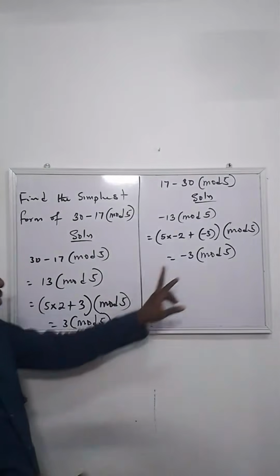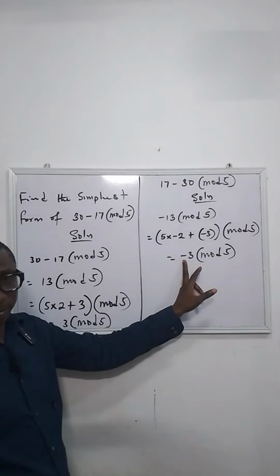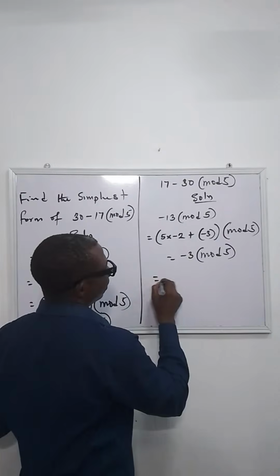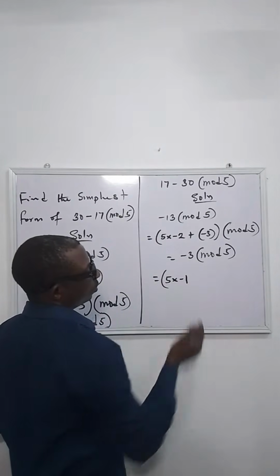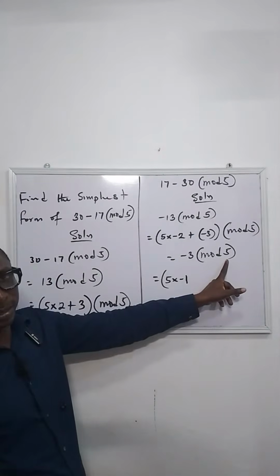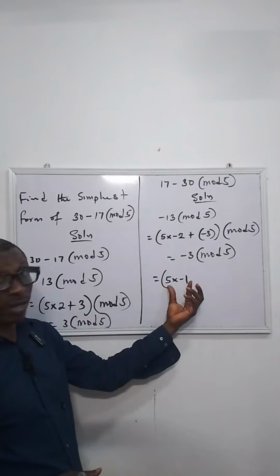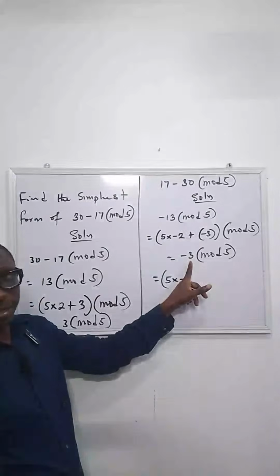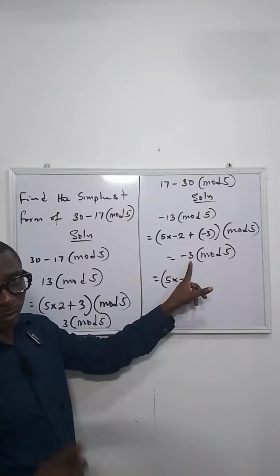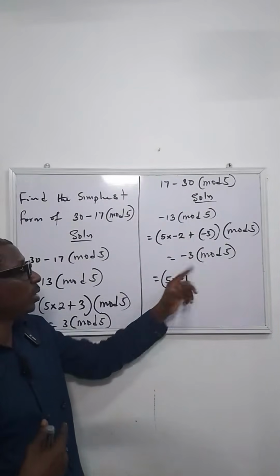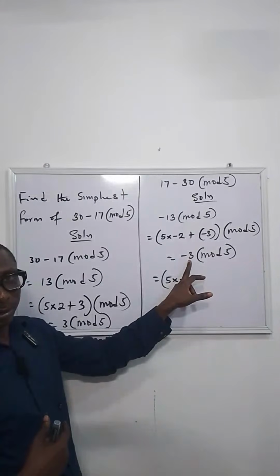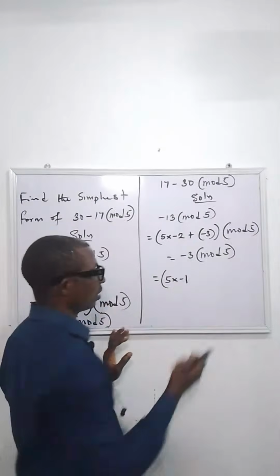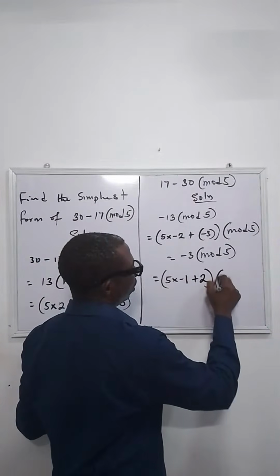Okay, but you can't leave your answer in this form because it's negative. All right, so what do you do next? So we have 5 times negative 1. So just multiply what we have here times negative 1. This one is going to give you negative 5. But what we have here is what? Negative 3. So you ask yourself, what are you going to add to negative 5 here that will give you negative 3? All right, so that is 2. So that's going to be plus 2 in mode